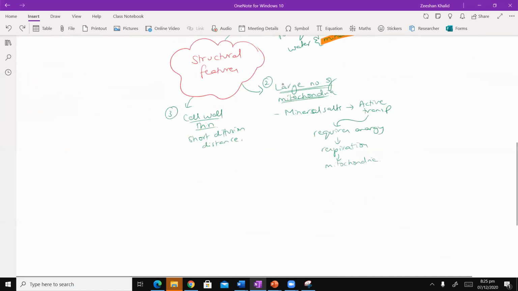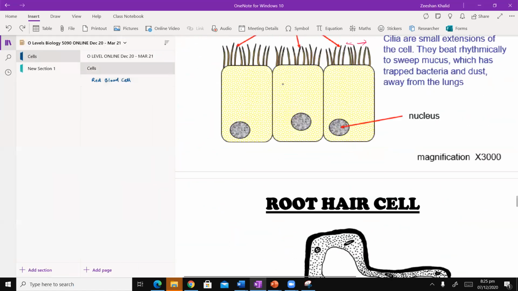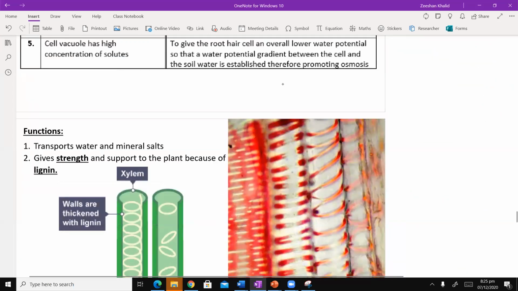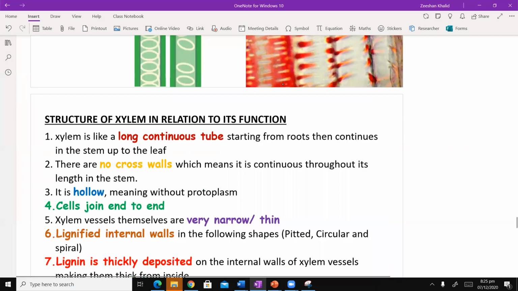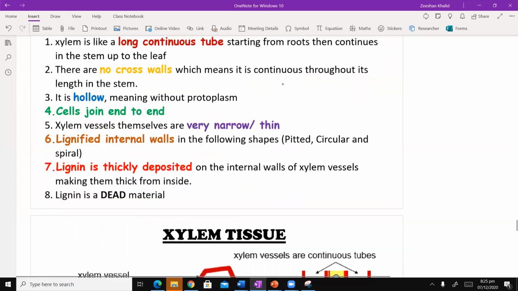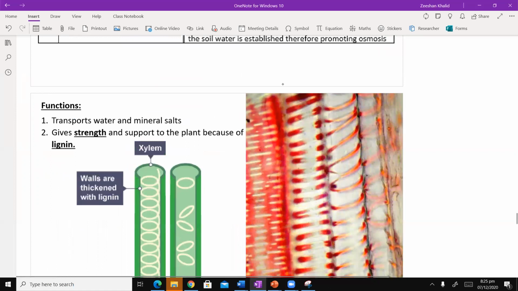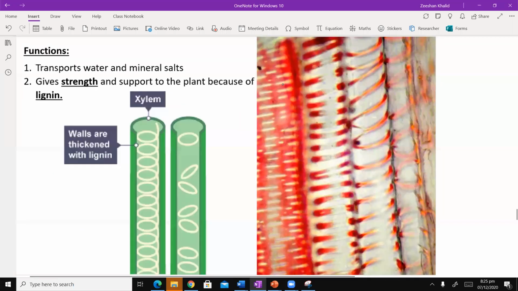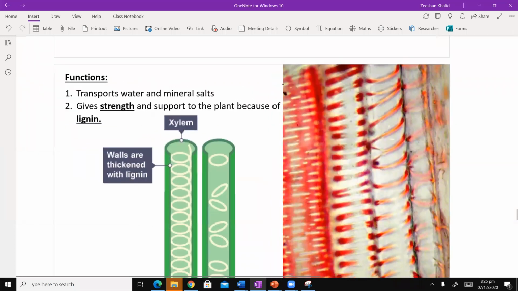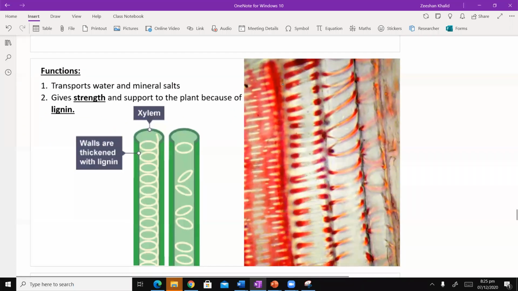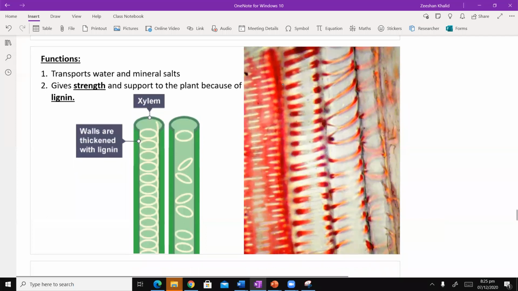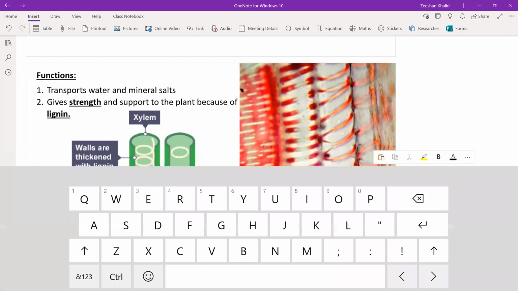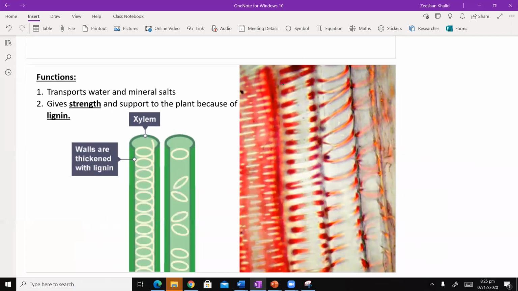Now, the next thing that we need to know is actually a tissue, and it is none other than the xylem, the detail of which we are going to go into, inshallah, when we do transport in plants. But since it's included in this topic, let's just talk about that, okay? So, coming back to this slide,